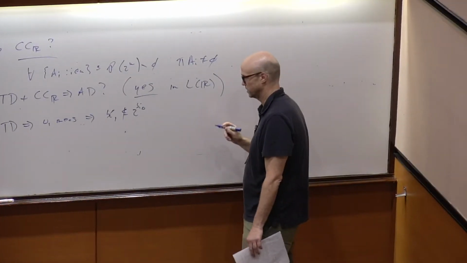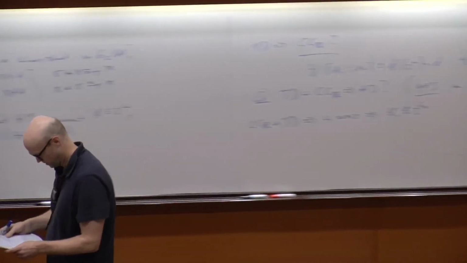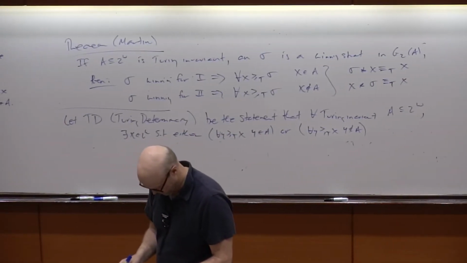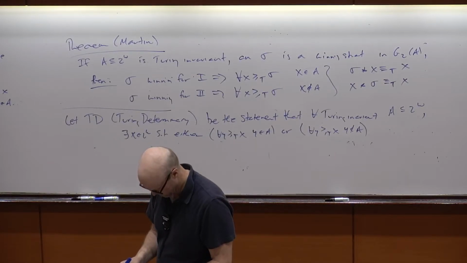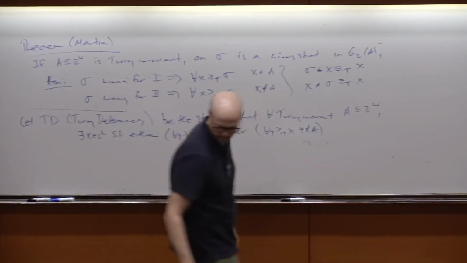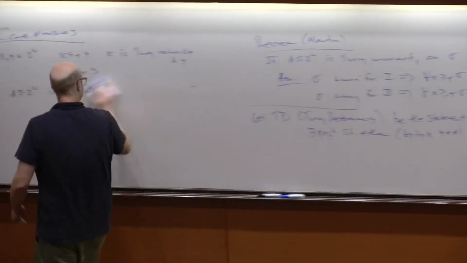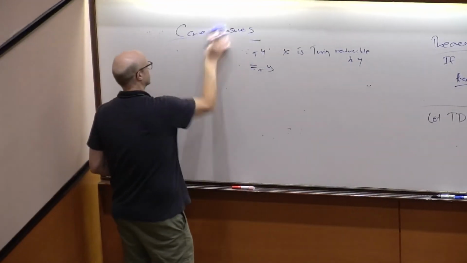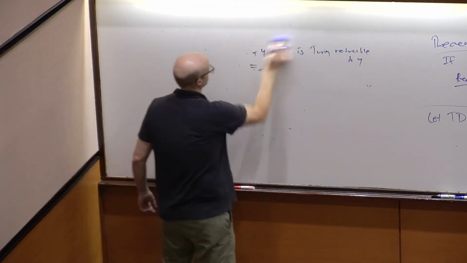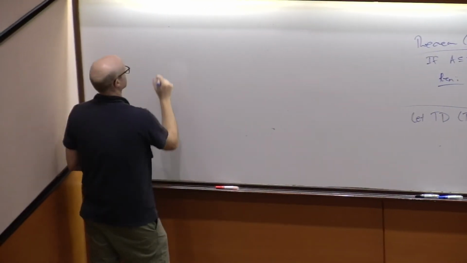Okay, so we're going to be using that hypothesis. Okay. Good. Okay, so what's important for us is that Turing determinacy implies that the cone measure, right, so, okay, so let's just let